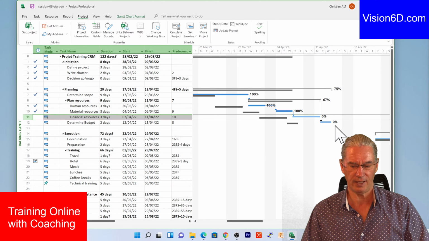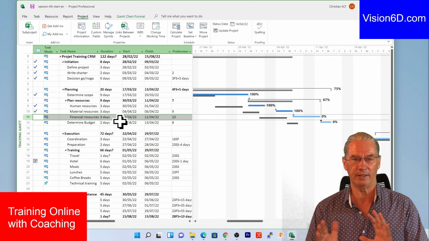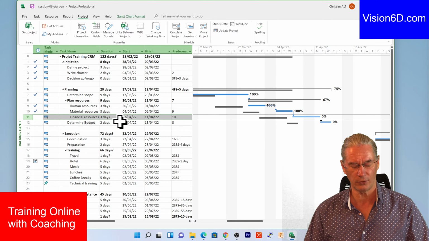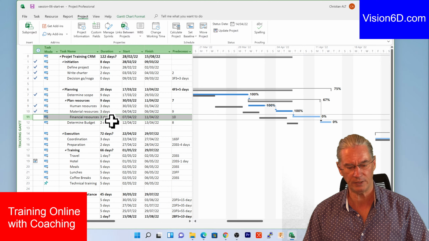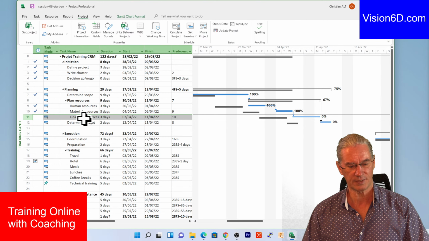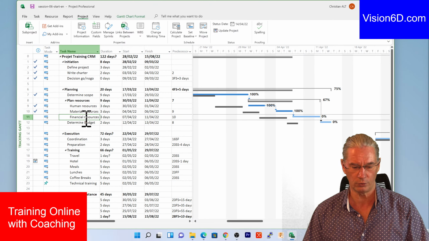So it's as if nothing was done in the project for those 2 tasks. And we are going to say the status is the following. We've done something, but we needed some additional information, so it means that we are a bit delayed. So what we managed to do, about the financial resources,